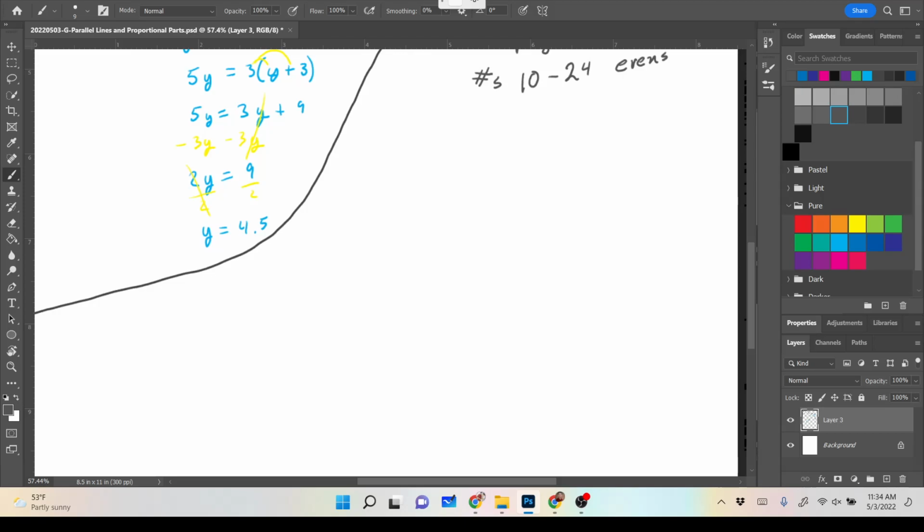Okay. Number 12 is yes. It's all the reasons. Number 14 is no, because the angles of the triangles can never be congruent, so the triangles can't be similar, because math. Number 16